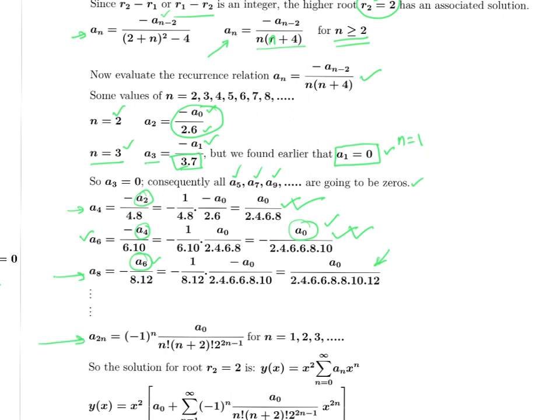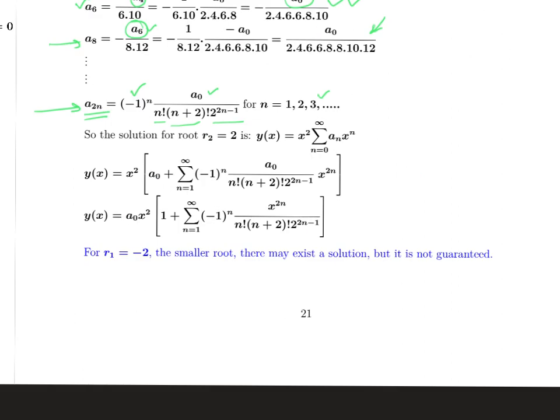Now, in general, a sub 2n, that means we are considering even subscripted values, is going to be negative 1 to the power n times a sub 0 divided by n factorial times n plus 2 factorial times 2 to the power n minus 1, where n is equal to 1, 2, 3, 4, etc. Now, what I'm going to do, I'm going to take these coefficients that I found and the general term and plug it into the